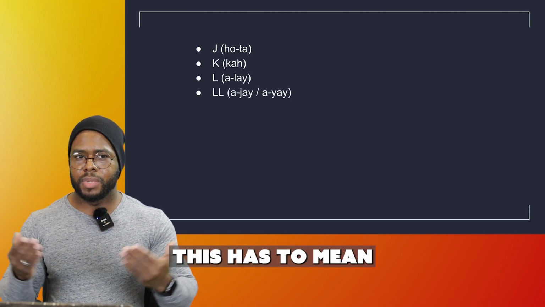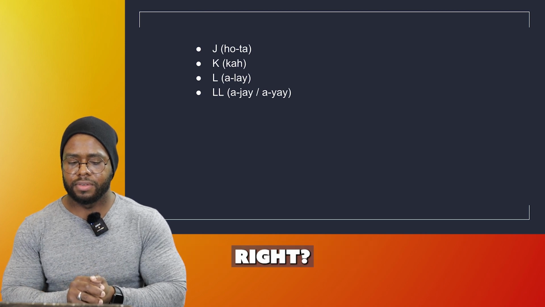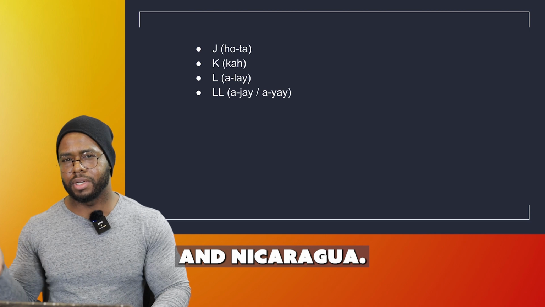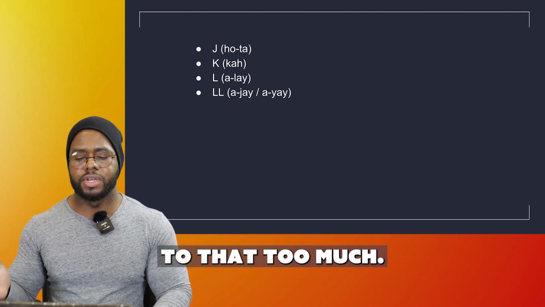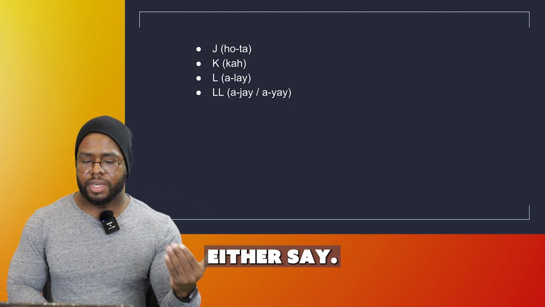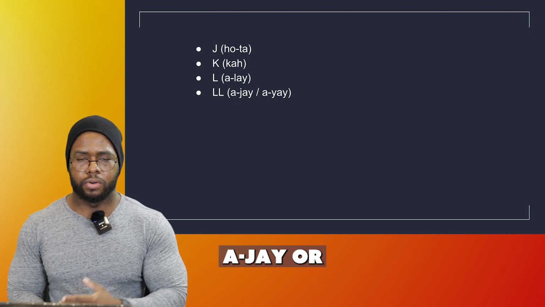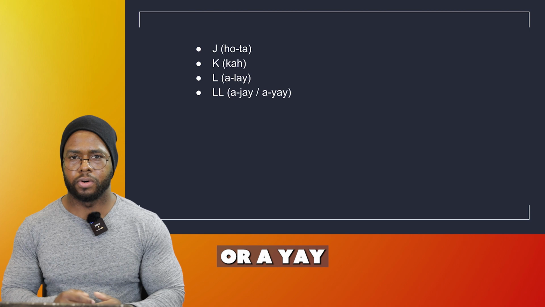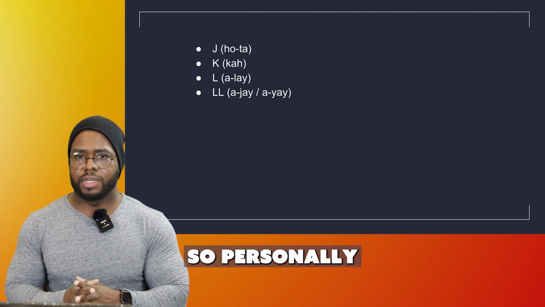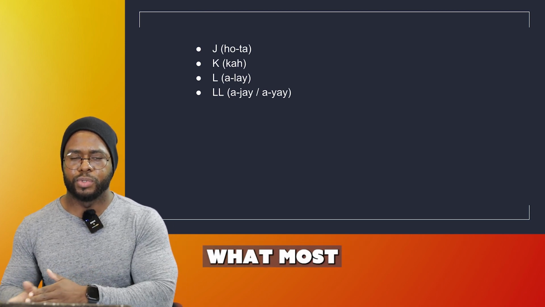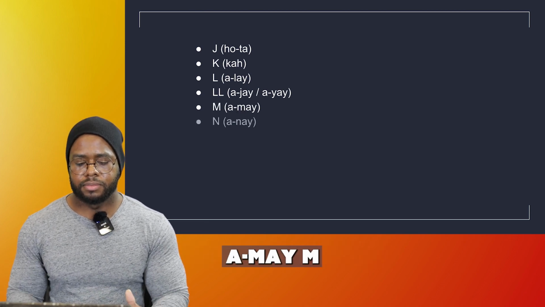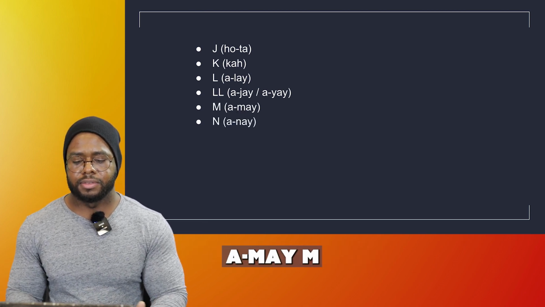This has two main pronunciations, right? Actually, there are three, but one is only used in Argentina and Nicaragua, so we're not even going to pay attention to that too much, right? So you could either say "ay-jay" or "ay-yay". Personally, I use the J sound because that's what most of Venezuela and Colombia uses. M, N,